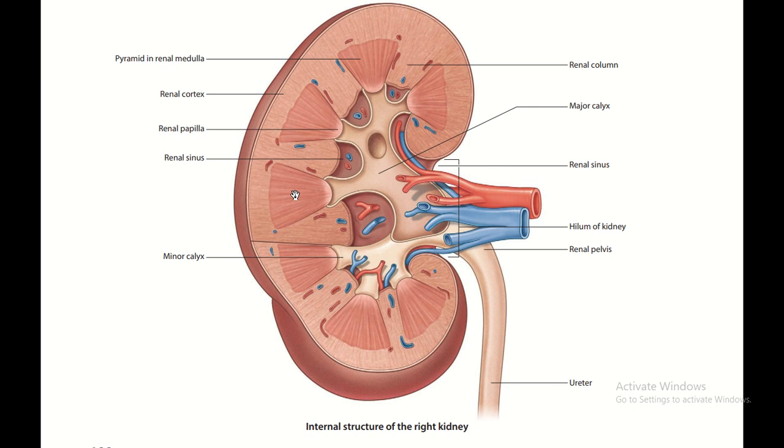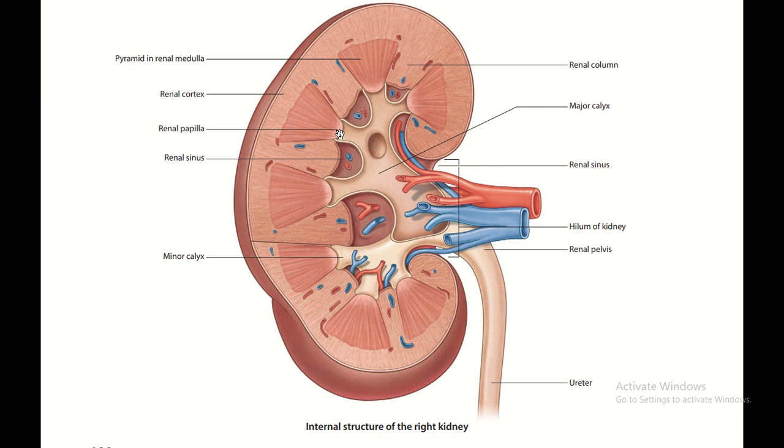And then within the medulla, you're going to have these renal pyramids, right? You have an apex and a base. So the base will be continuous with the cortex, and the apex will be what's called the renal papilla. So whatever filtration is happening here, everything is going to be drained via the renal papilla, entering these